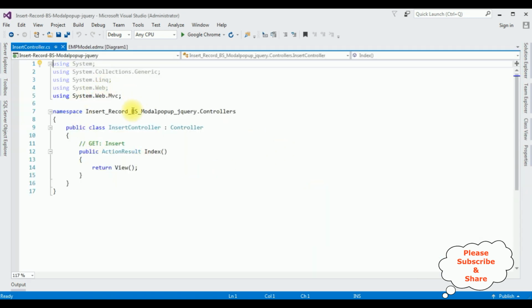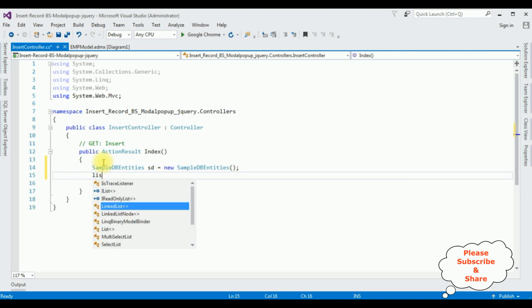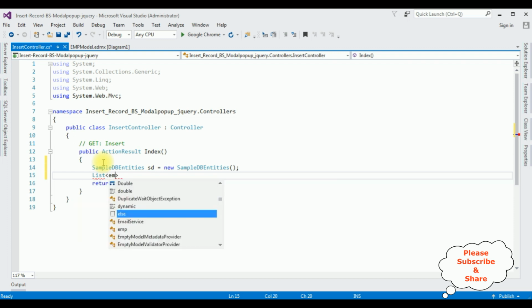And here we got our controller. First, in this action result index, I want to fetch the records from the EMP table. So let's add the database name, SampleDBEntities sd is equal to new SampleDBEntities. After that I'm adding the list class. Now in this list class I'm adding the table name, which is the EMP,